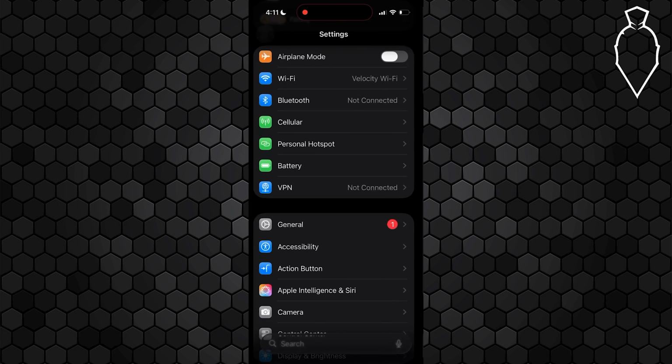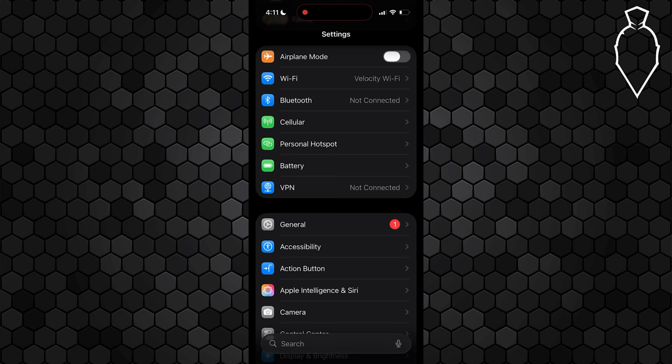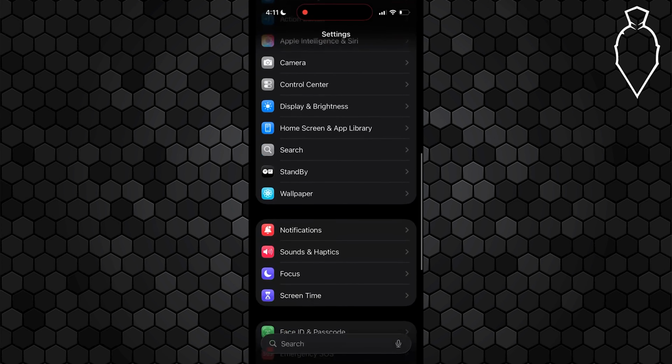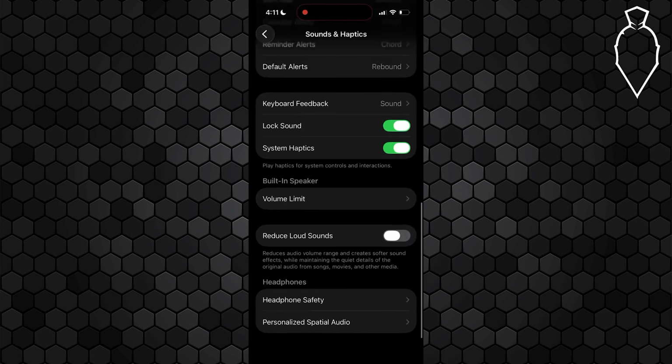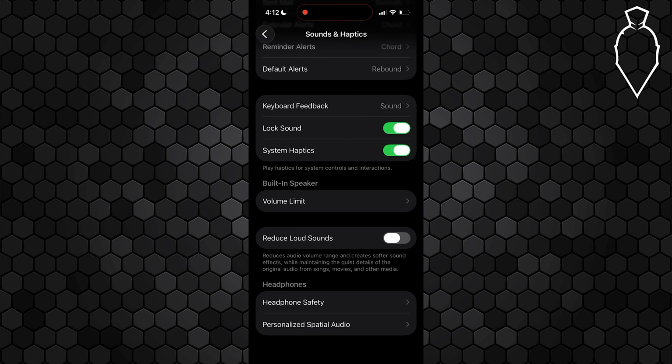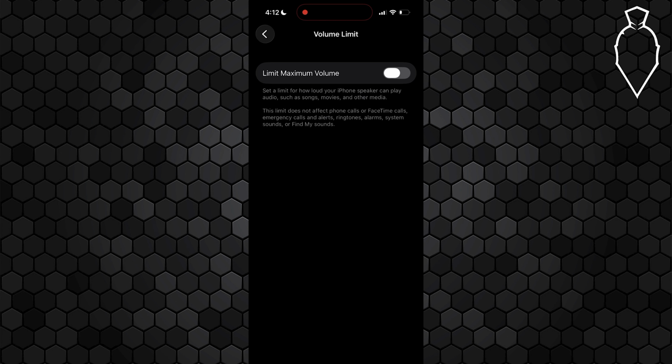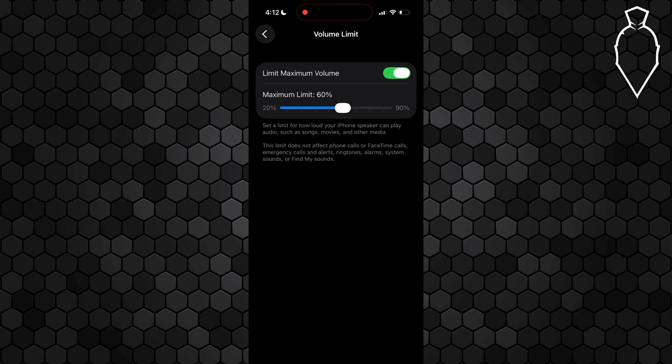After turning that on, return to the main settings page. It looks something like this, and scroll down, and you're looking for the sounds and haptic settings right here. Open it up and scroll all the way to the bottom and find the built-in speaker limit and select volume limit on here. From here, go ahead and tick this on, and you're going to see a maximum limit set